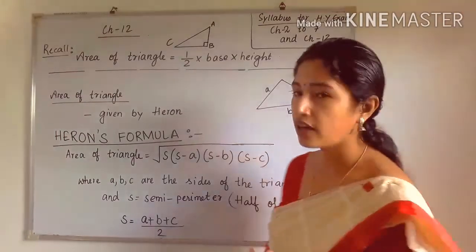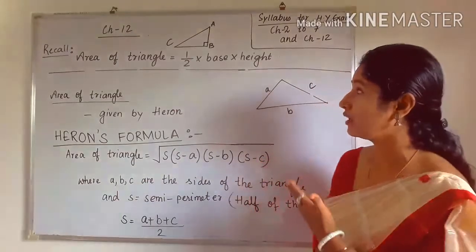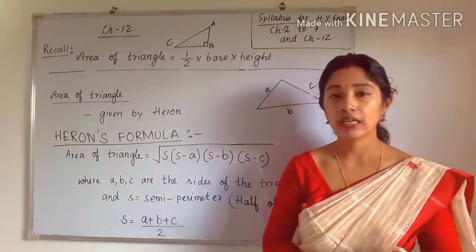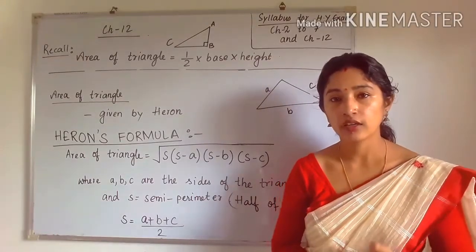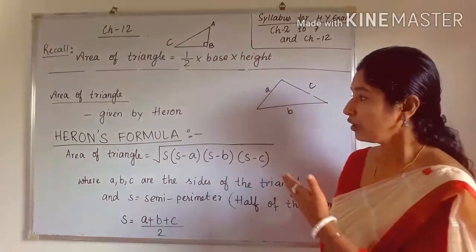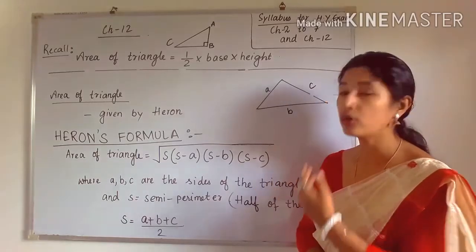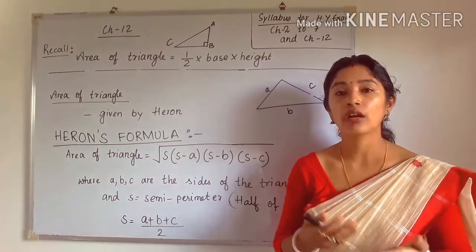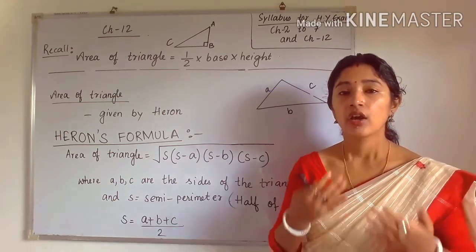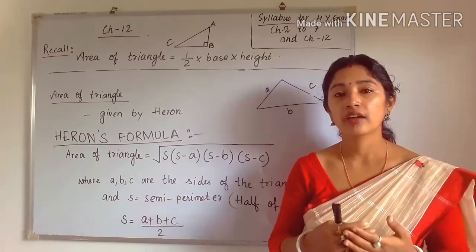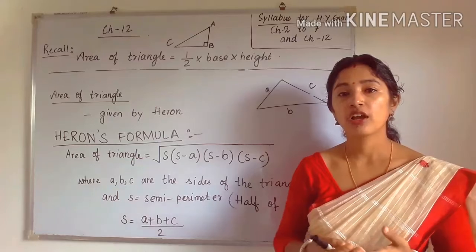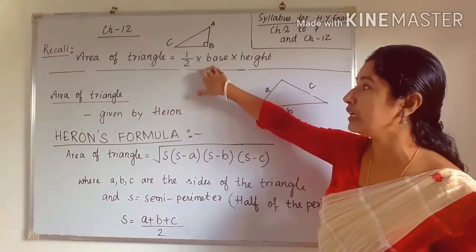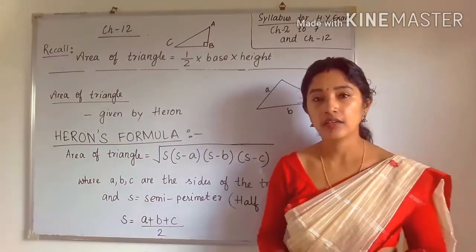So why are we studying this formula? See what was the earlier formula? I already told you that in that case a triangle should be a right angle triangle. Then only we can find the area. But by applying Heron's formula, we can find the area of triangle if the triangle is a scalene or isosceles or equilateral triangle. Okay, we can find area of triangle using Heron's formula for any type of triangle. But the earlier formula can be applied only in the case where the triangle is a right angle triangle.